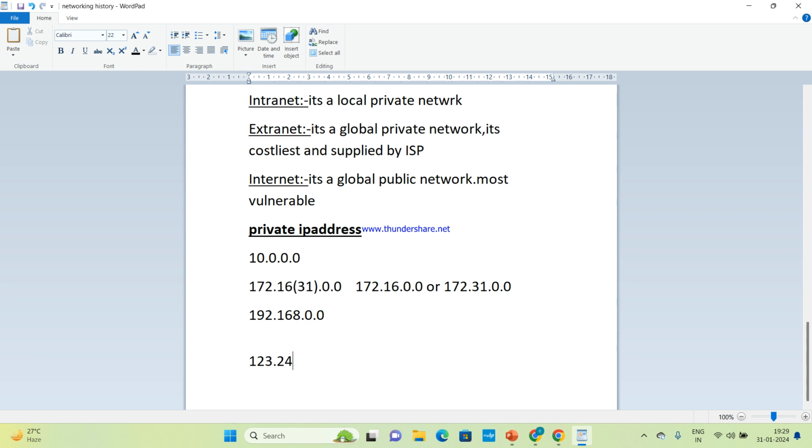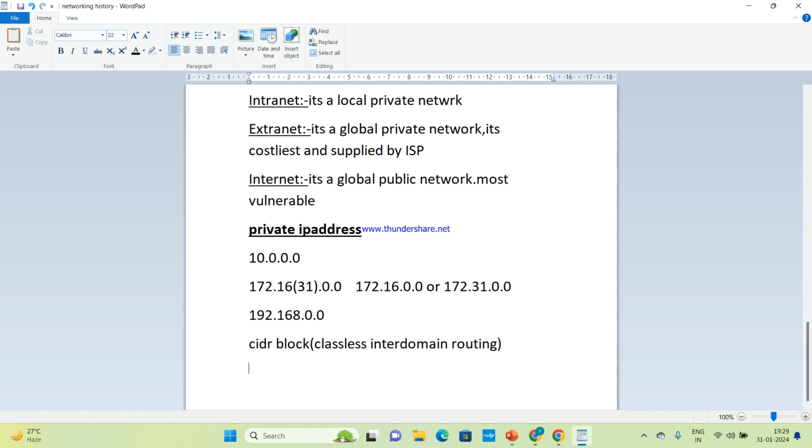CIDR stands for classless inter-domain routing. So in a VPC, we will create CIDR blocks. CIDR blocks are basically the private IP addresses.